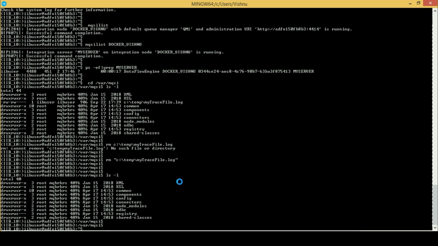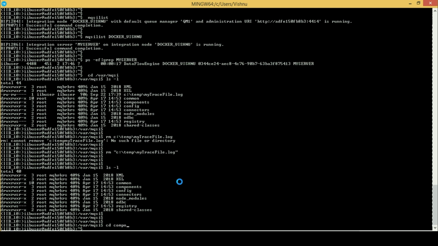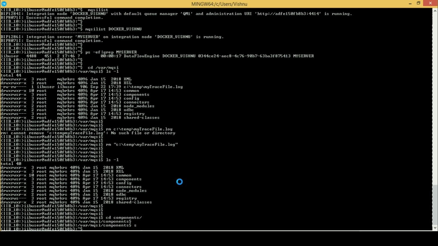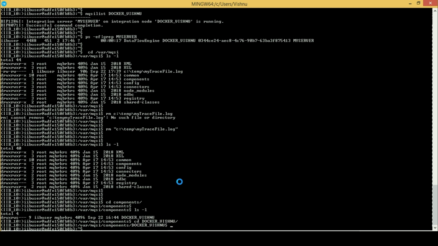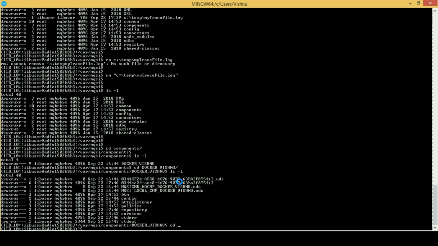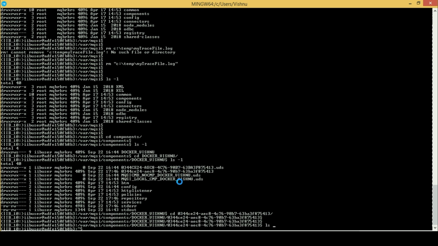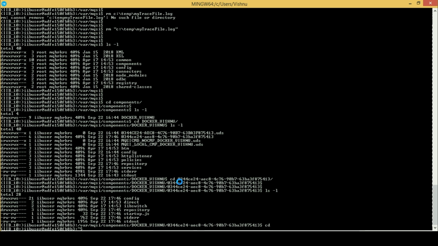Next, let's look at the execution group console logs. CD into the components directory, then to your broker, then to your execution group UUID. You would find two files called stdout and stderr in this directory. Execute the more command and read the contents of these two files.